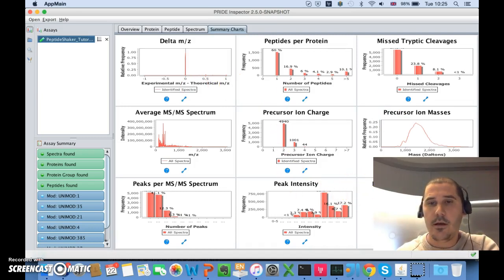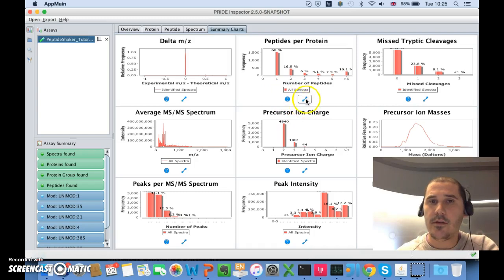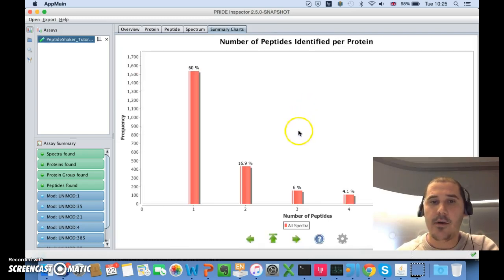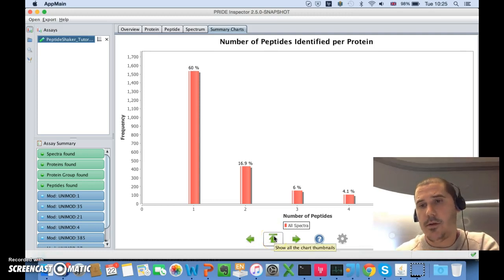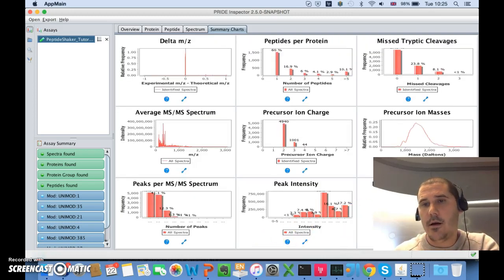The last chart doesn't contain any information, but there is a really interesting feature here, for example, you can see the delta mass for all the peptide identifications. You can see, as an average, how many peptides have been identified by protein, which is actually a really important feature to know, how many peptides are present by protein, especially in quantitation